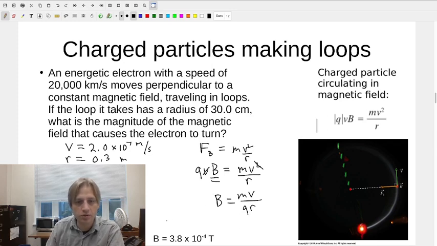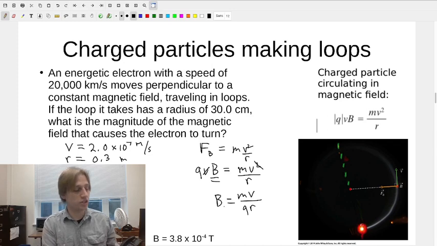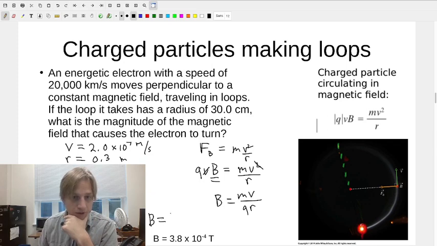Okay, so in this situation, now you might say, I don't know what to do because I don't know what m is, I don't know what q is, I've only been given v and r. But it would be at this point that you go ahead and consult your resources. So I'm going to be giving you all of the equation sheets that you've gotten so far. On the equation sheet for test 1, I gave you a whole bunch of fundamental constants, and so you should be able to look these up, and your m would be the mass of an electron, so 9.109 times 10 to the minus